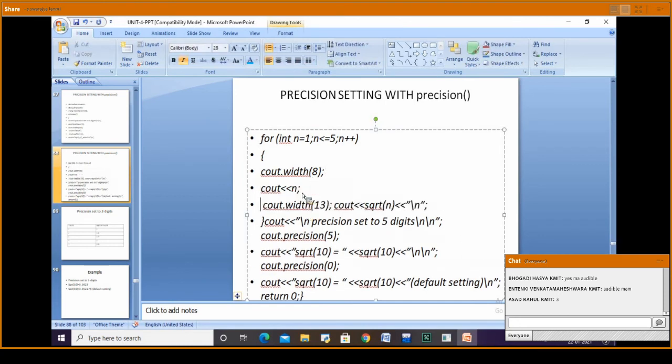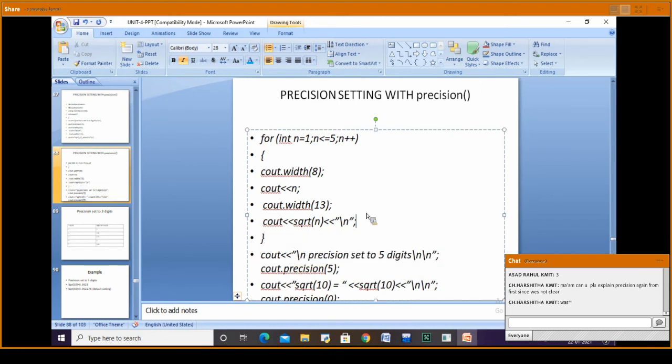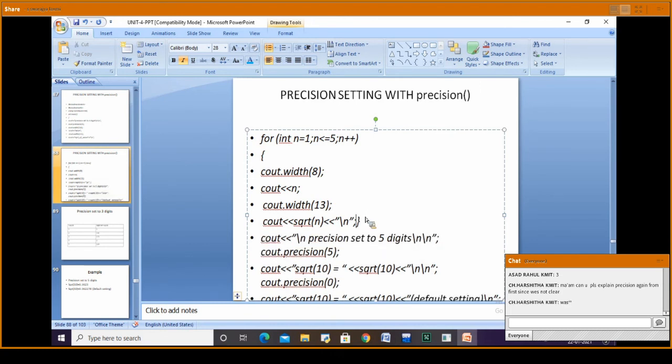Under that 8 I am going to have n, and depending on this n, that width I am specifying as 13. Cout sqrt of n.